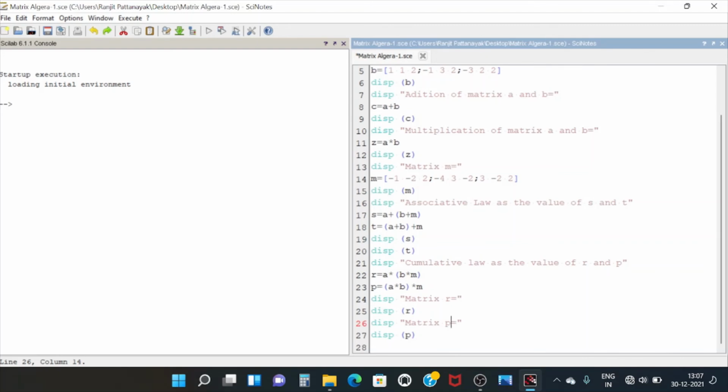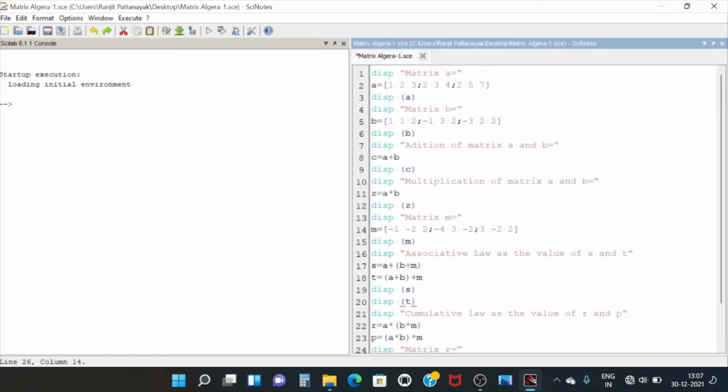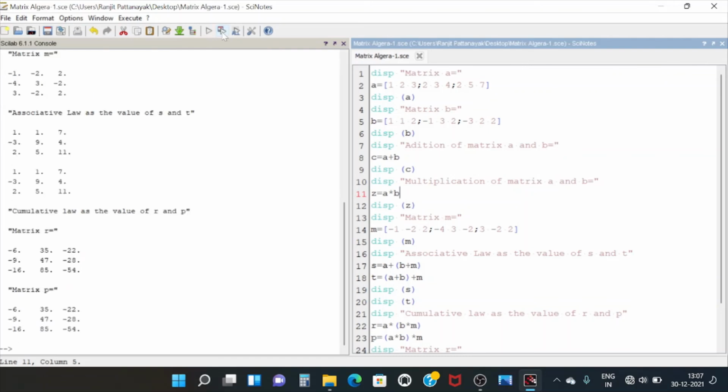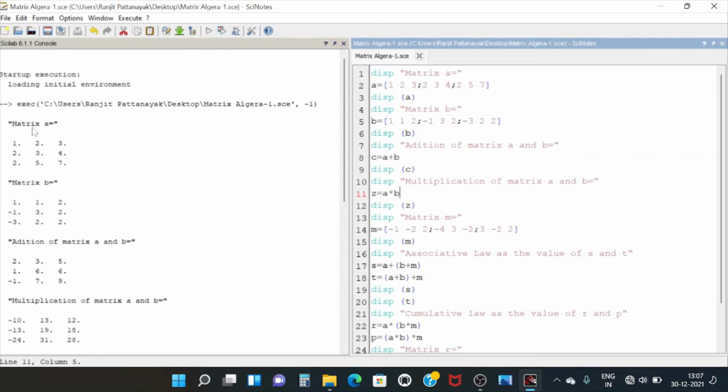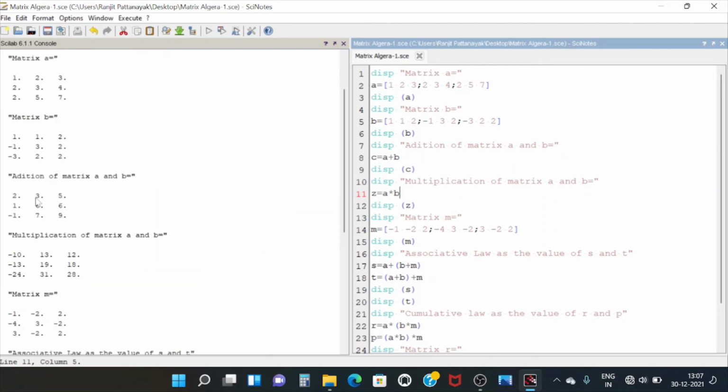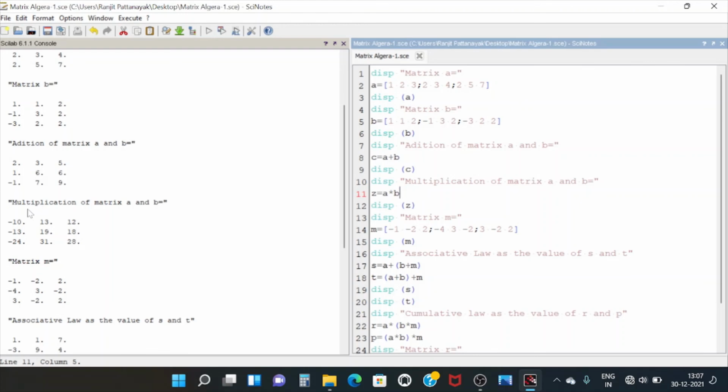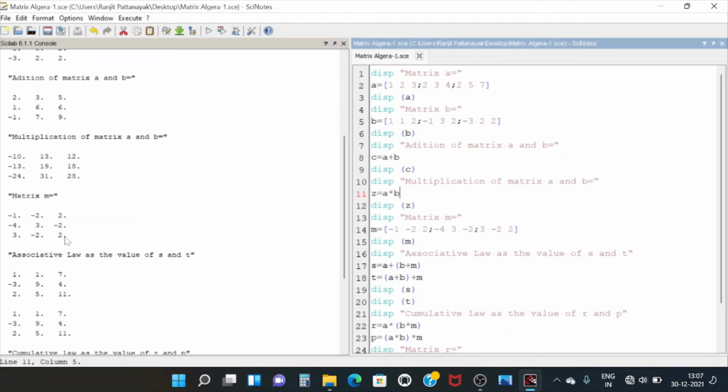So now I am going to run these codes. We can find all these values in your console window. Okay, so here you have to click save and execute. Then you can find matrix A is this one, B is this one. Addition of matrix A and B we have already discussed. Multiplication also we have discussed.